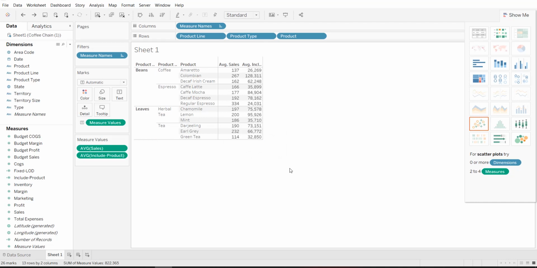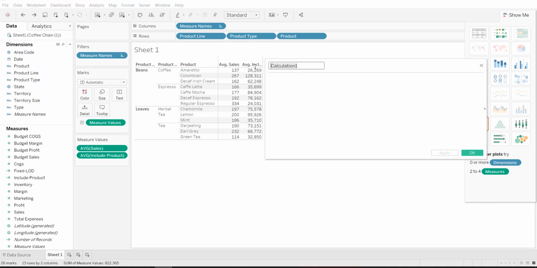Okay, so let's perform the fixed LOD calculation as well. The fixed LOD calculation differs from the include LOD expression because fixed only fixes the dimensions that we mention in the LOD expression. So let's try to build the same using a fixed expression. For that, I'm going to create a calculated field and name it fixed, and I'm going to fix